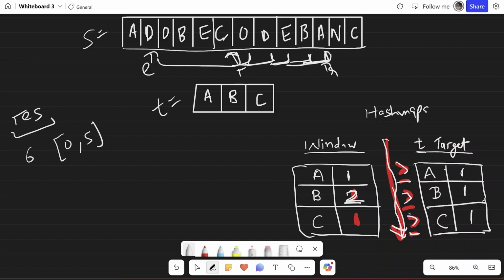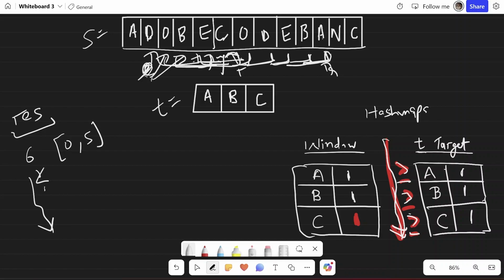Now what I do, again I start moving L rightwards. So move this here, doesn't have any effect. Move here, we reach B. Now when I move from B, it won't have any effect again because B's frequency was 2. Instead of 2, it will become 1. My condition will still be valid. But as we are removing these insignificant characters, we'll also find new values of res here. We'll only update res when the length becomes less than 6. Keep moving rightwards. So move here.